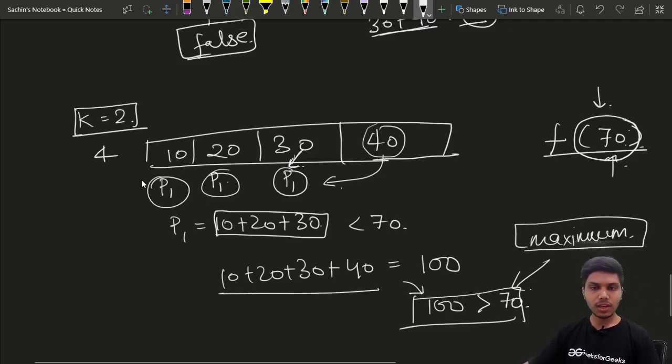So we cannot assign the fourth board to our first painter. We have to start a new painter from here, so we will assign this board to our second painter. In this way we can assign boards to painters in such a way that the maximum time needed to paint the boards is less than or equal to 70. So in this function call the function will return true.